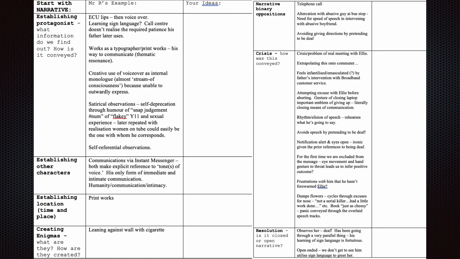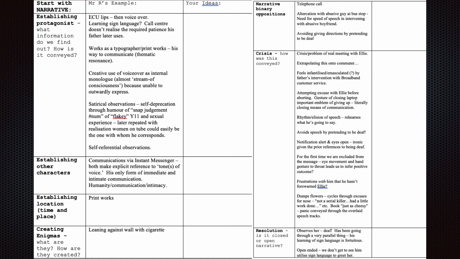Other binary oppositions: avoiding giving directions by pretending to be deaf. And indeed that he must feel so emasculated by having his father have to ring the broadband company for him. The chief crisis, however, is the problem of the real meeting with Ellie. The way that he extrapolates that onto the commuter, that could be her possibly feeling infantilized by his father having to help,